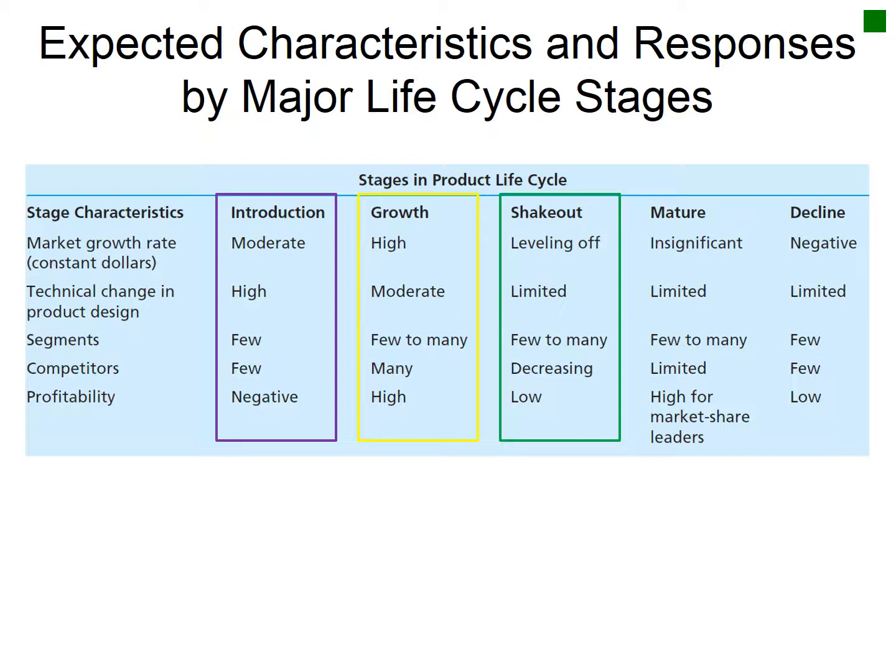During the shakeout period, we have companies leaving. We have companies that can't handle the pressure of selling by price. The companies are trying to differentiate themselves, but bottom line is they haven't quite done it well enough yet. So you have a lot of copycat versions of the product available. And again, those that don't have long-term expectations for the market leave and move on to other things.